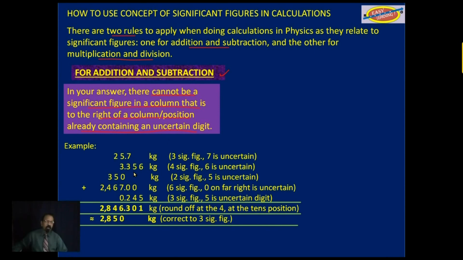You write them down like this: 25.7 kilogram. It has 3 significant figures and 7 is the uncertain digit. This number has 4 significant figures and 6 is the uncertain digit. This one has 2 significant figures and 5 is the uncertain digit. This one has 6 significant figures and that 0 is the uncertain digit. And this one has 3 significant figures and this 5 here is the uncertain digit. And you come up with this answer,